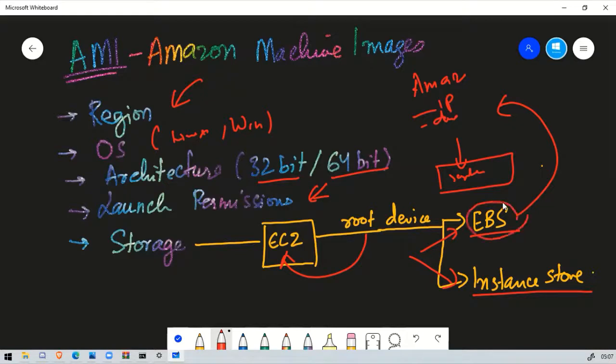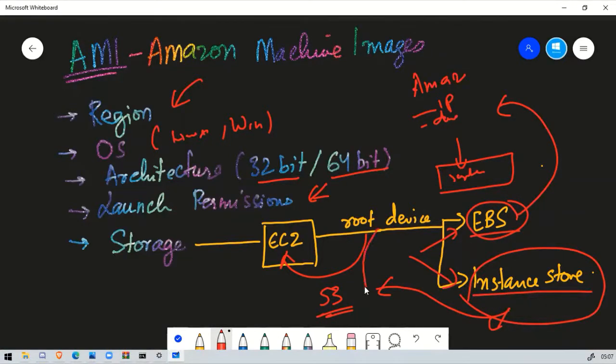The next one is instance store, and this one is specifically charged, so it will not be available in the free tier. This storage is specifically stored in our S3 bucket, and in the S3 bucket it will use the storage and install the root files, system files, in the S3 bucket. So let's see the real life example.